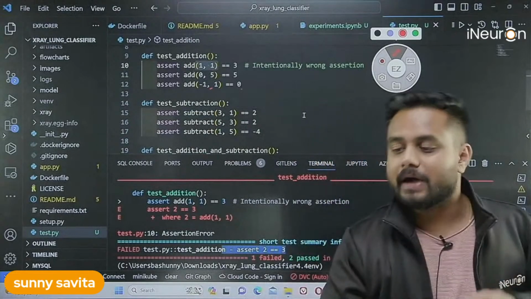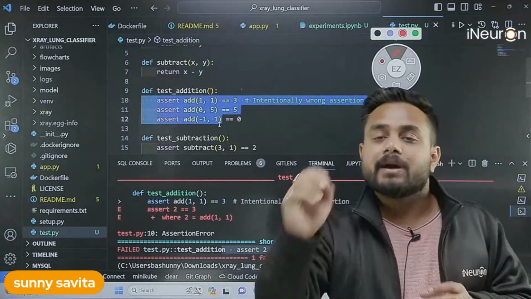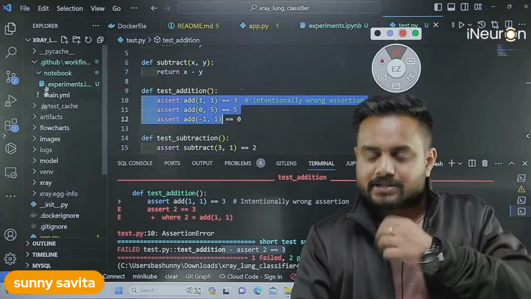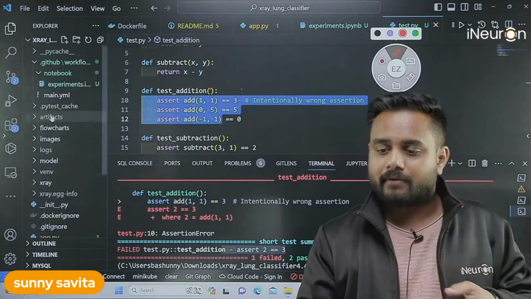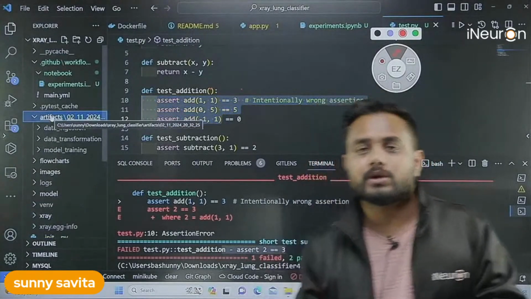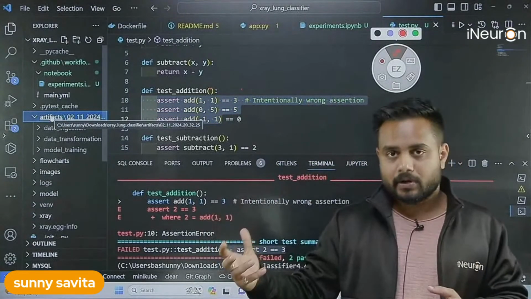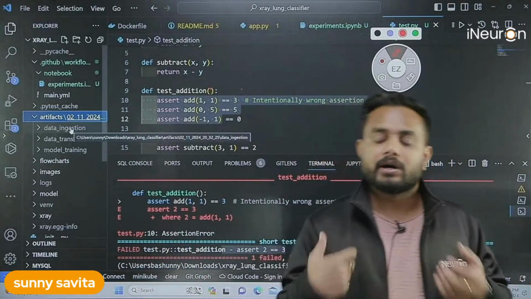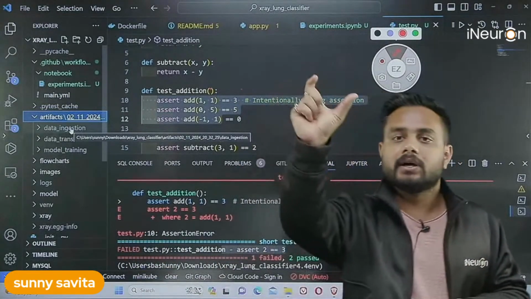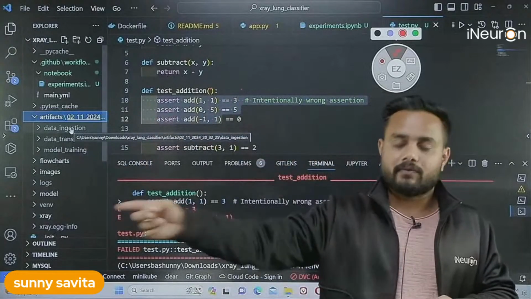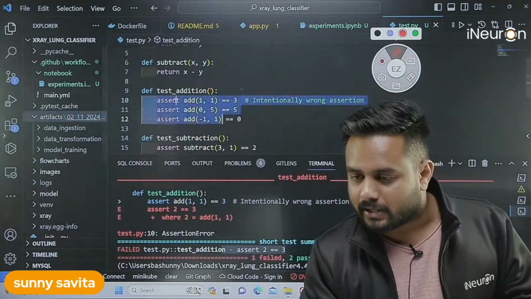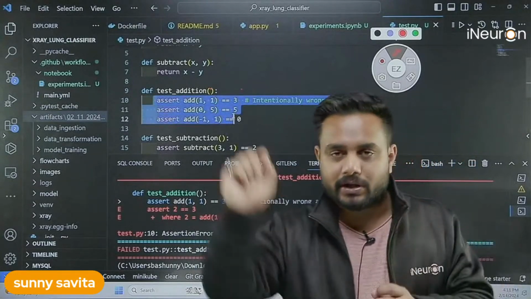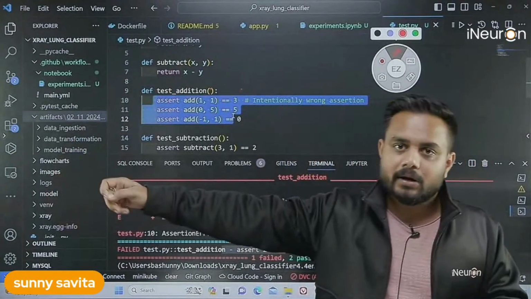But here we have to think about what statements I have to test. If you check this particular project, we have multiple folders, and these components depend on each other. If we are talking about the artifact, in the artifact you will find data ingestion or data transformation. In that, we have the data file, and then we have a pickle file. So here we can make a comparison. We can say that if in this particular folder this file is available, my test cases